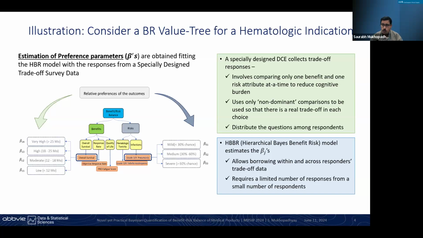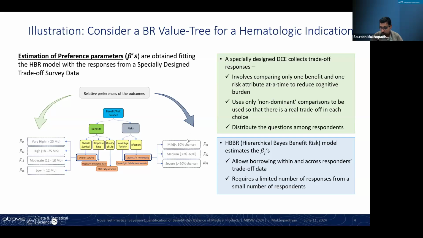That is what we have achieved through this hierarchical-based model. That way we can use this kind of survey even with a few responders, whether they are patients or some experts in the field. Only a few responders can fill out the survey, and we can get a very good idea of the preference